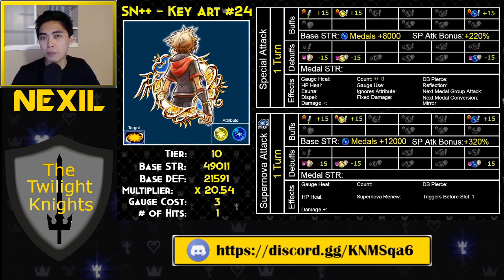So I think they should have made the multiplier a little bit higher because it would make it better with copy medals, but maybe that was the point, is that they wanted to nerf the copy medal ability for it a little bit. In terms of the gauge cost, it costs 3 gauges to activate, which is a pretty decent gauge cost to have. It's at the level where you don't need an SP reduction skill in order to make